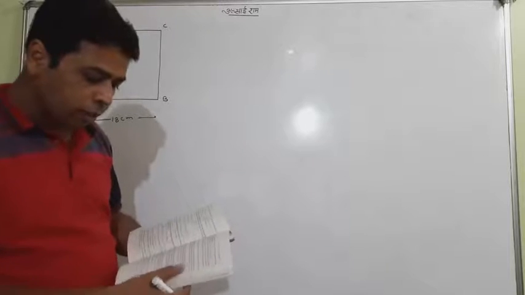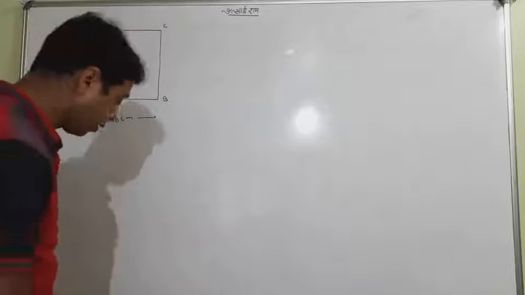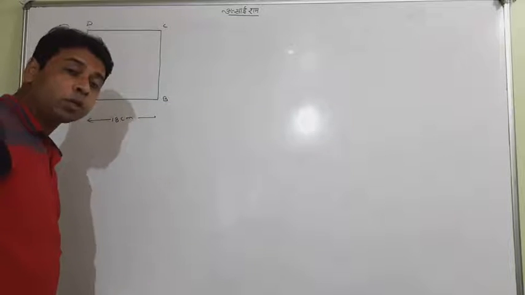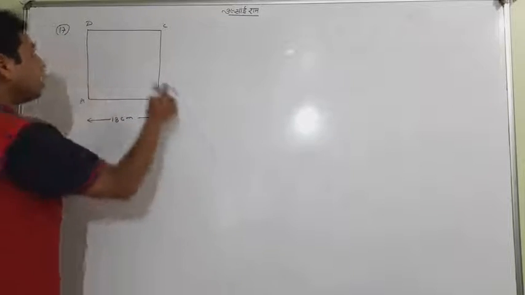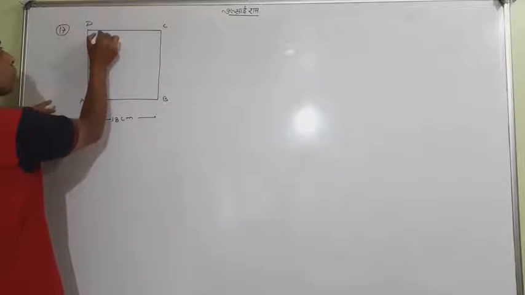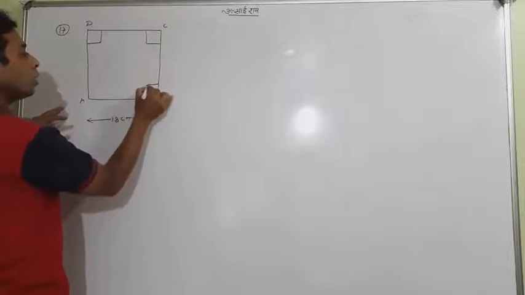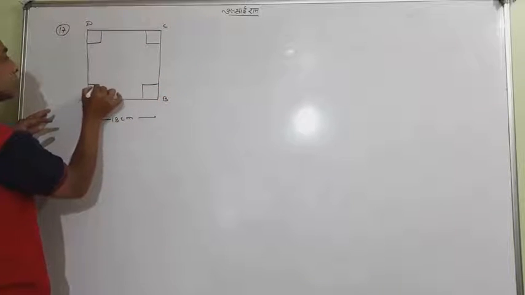How to create it? By cutting a square from each corner. By cutting a square from each corner, what is its meaning? When you have a square tin, you cut a square from each corner, this portion, this and this,